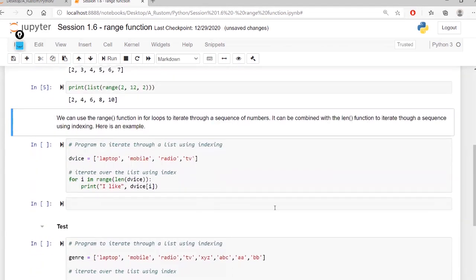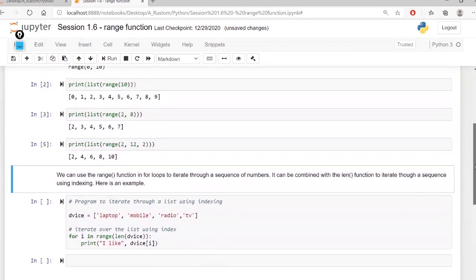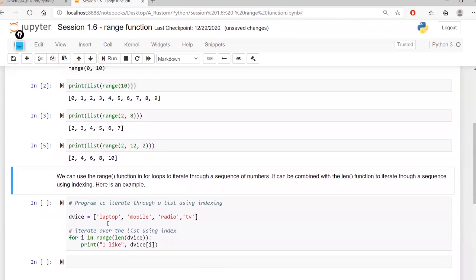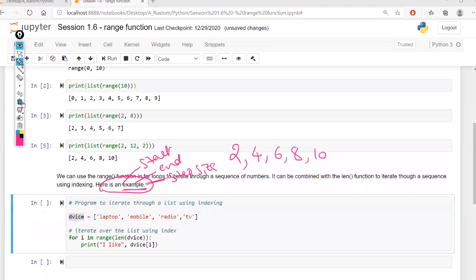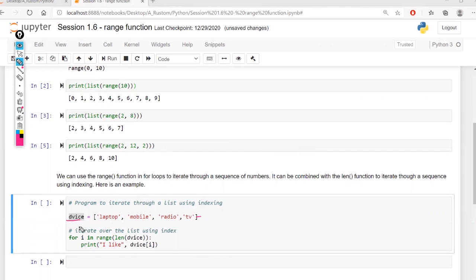Now let's see something here. I have a list here, which is assigned to this device. Now I want to use a length function here. Right? I'm trying to connect some other functions here and try to print something. So how is it going to work? Let's understand this. I have a data, which is a list. Now, if I try to use this and